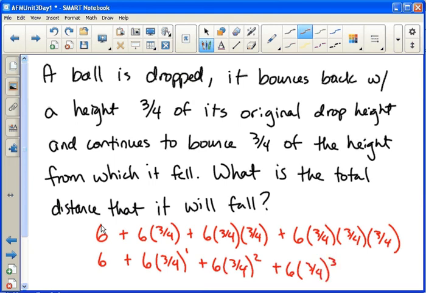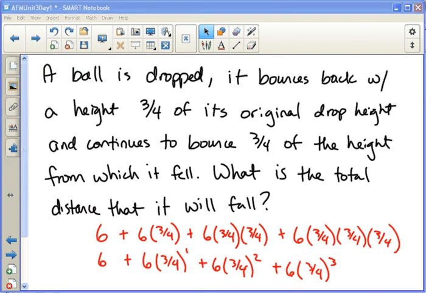And so on. You could keep adding that up, because each time it would bounce up, and notice I'm not counting the distance it goes up as far as my total distance. I'm just doing what it will fall. So it falls 6 feet the first time, 6 times 3/4 of that distance the second time, because that's all it bounces up, and then 3/4 times that, which is 6 times 3/4 squared, 6 times 3/4 cubed,